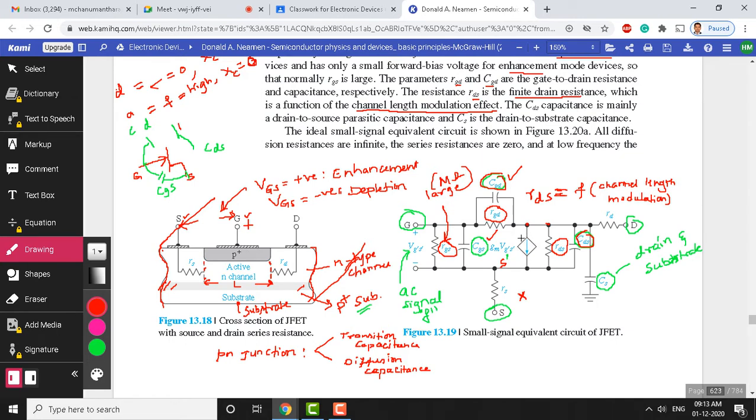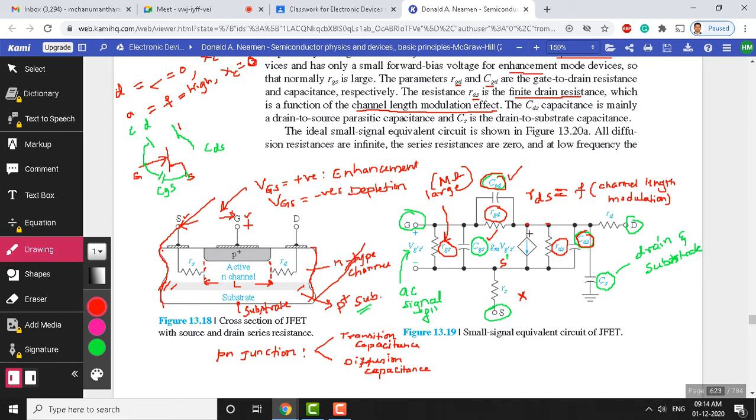What is the necessity of using a controlled source here? Then we can vary frequency also by using. Exactly, exactly. See, this dependent current source, now the current that is flowing, look at where it is